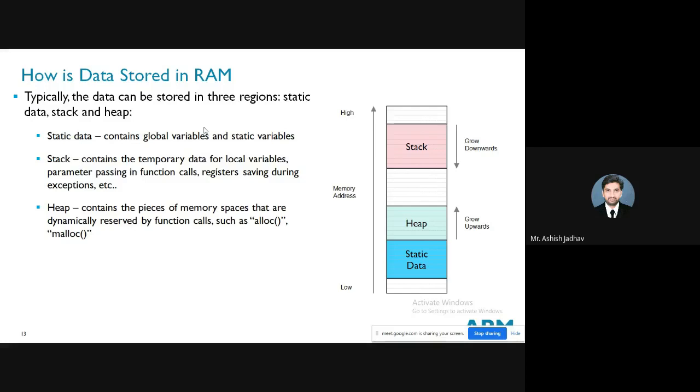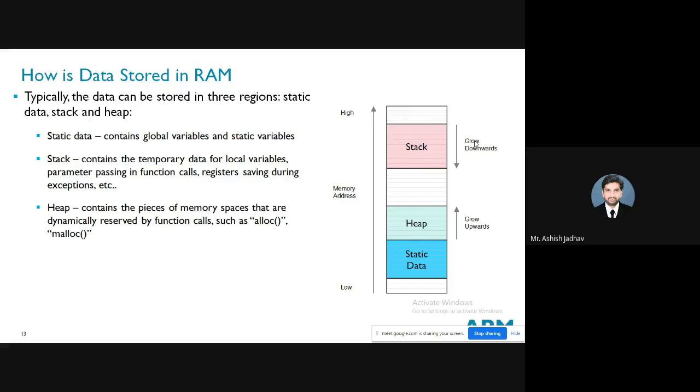Now let me tell you one thing. When you are using a stack, it will grow downward. Means you will use the topmost position first. If you want to use the next position, it will move downward. So that's why it is called grow downwards. So while using stack, you have to use the topmost position first. After that, one step downward, right?